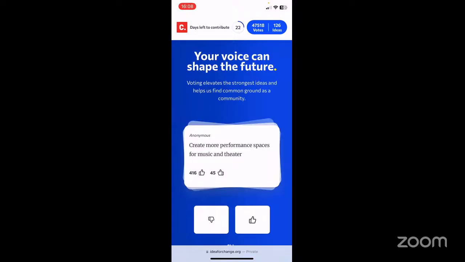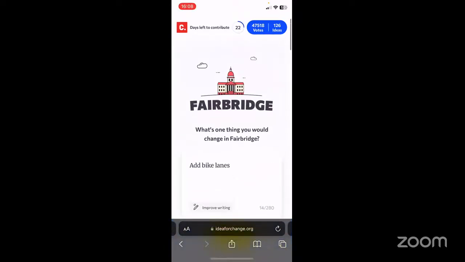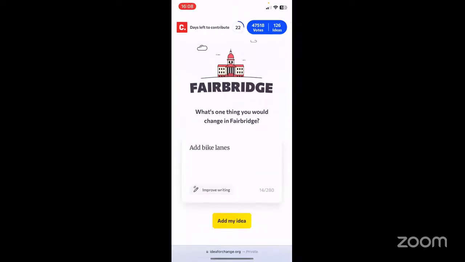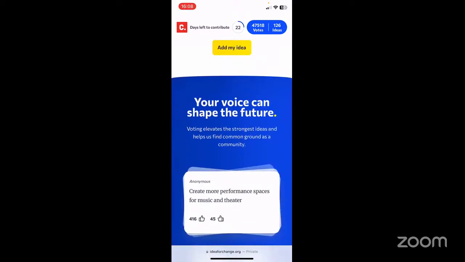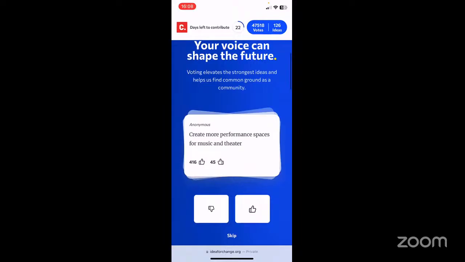I guess this would be helpful, but here at the top, the same way I was talking about maybe clicking on the 126 ideas in the top right corner and seeing the list or something like that. Like seeing here are the top three ideas, just listed, as opposed to having to vote on things to see a snapshot of the ideas and what people have voted on before you need to engage and do the voting yourself.